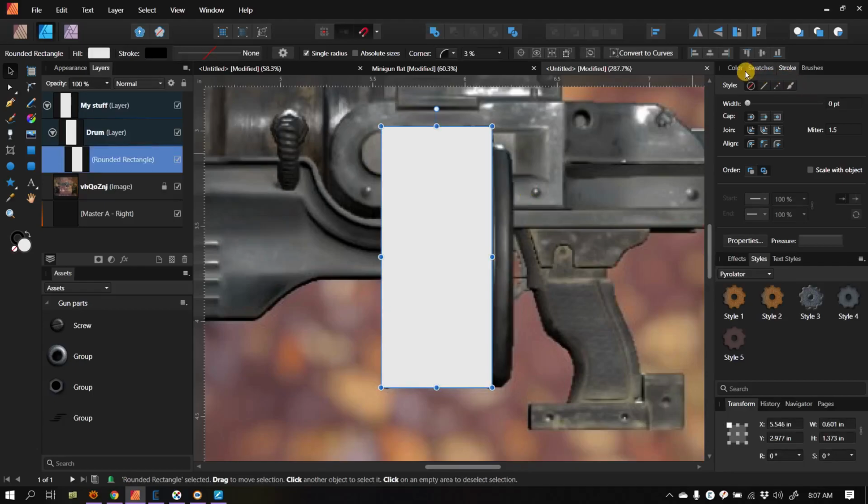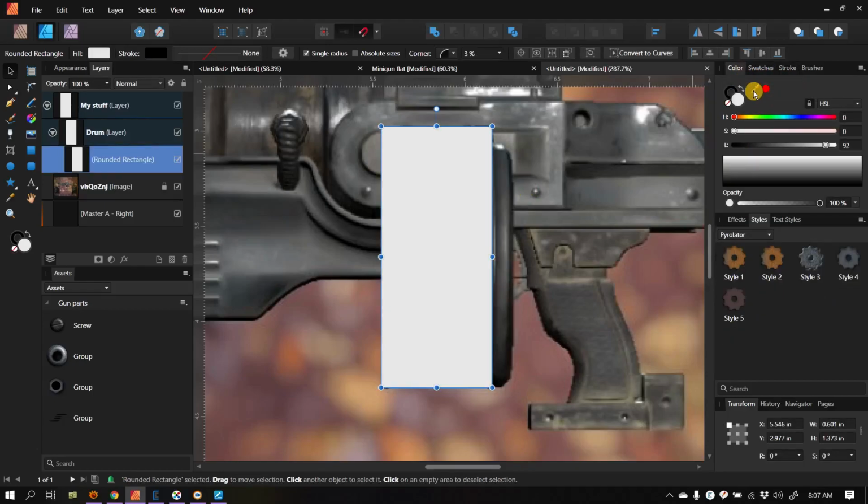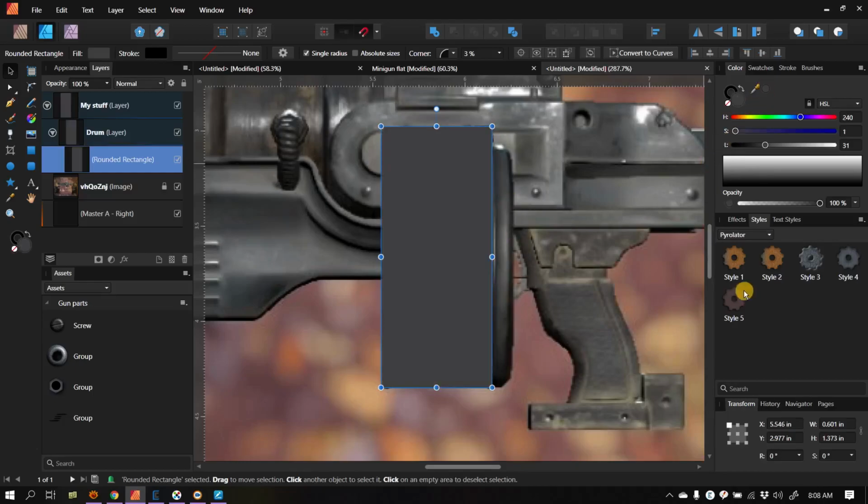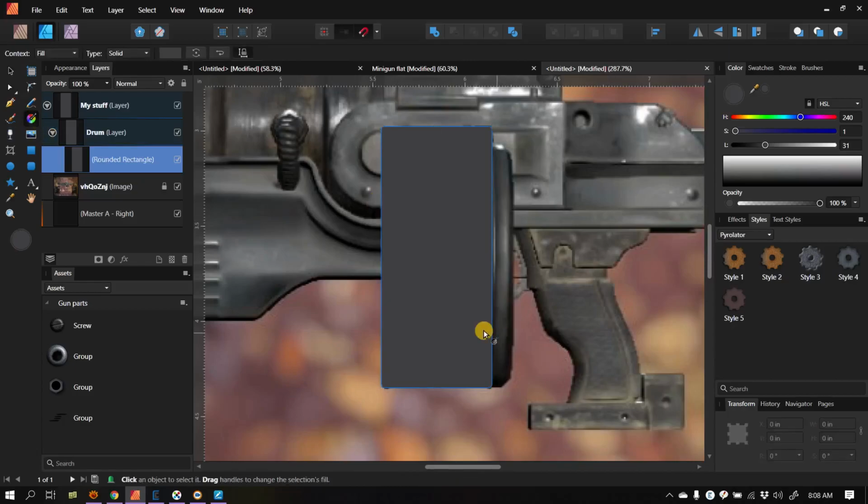I'm going to go to my color swatch or color tab, drag over, and grab a color, something like that, as a good starting point, and then fill that item with that. So okay, that's a good base, but what we really want to do, things aren't really flat in reality. You can see nothing is flat on this real gun. So I'm going to give it a